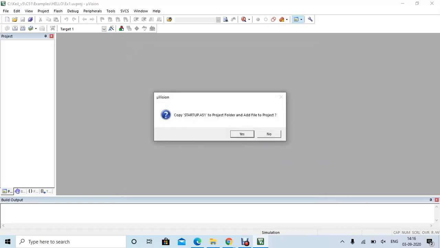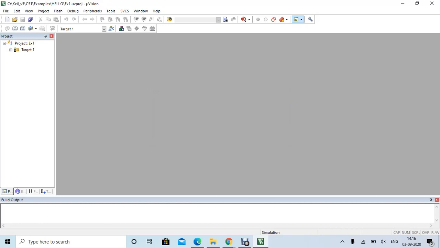Once this dialog box appears, you have to copy the startup file, that is, add that startup file to the project folder. So click yes. Once that is done, in the project window you can see the project created, ex1, and the target created. In that you have added the startup file.